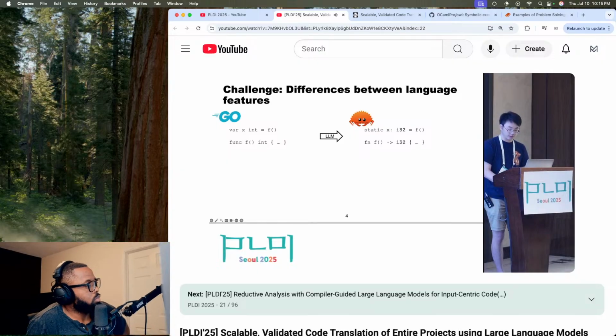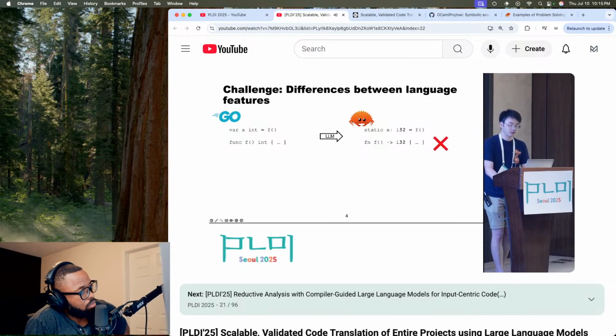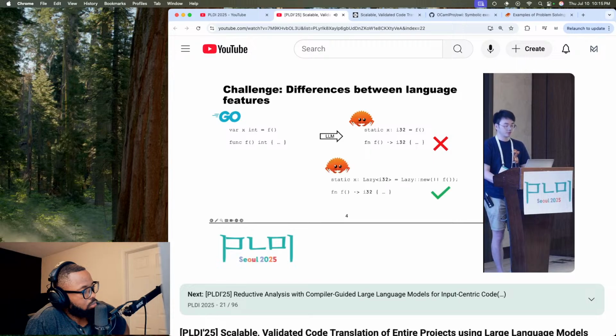static variable is initialized by directly calling the function as well. However, this is invalid in Rust as a static variable can only be initialized by constant expressions or constant functions. Therefore, this default translation does not compile. There are multiple ways to salvage this translation. For example, one can rely on the lazy construct from the standard library, which supports lazy initialization and therefore allows initialization by calling functions. Similarly, one could rely on third-party libraries that provide the same functionalities. And there are perhaps many other solutions.